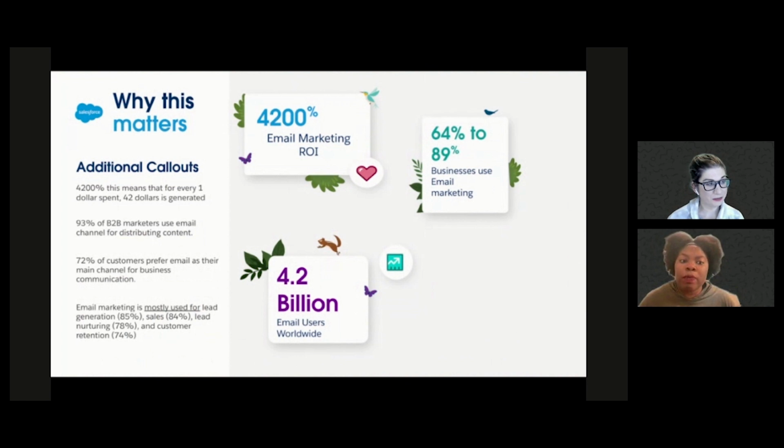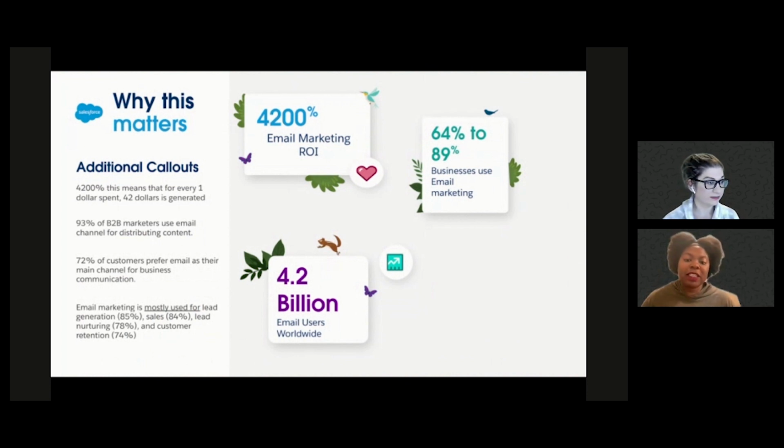Business use of email marketing has gone up from 64% to 89%, and 4.2 billion people use emails. If you remember, there are roughly 7 billion people in the world, so almost half of the people in the world use emails. Though, if you remember from the very beginning when I talked about how many people in the world have a disability, remember I said somewhere around 2 billion? There's a pretty big number of people who are unable to really use emails, and that's something we have to fix.